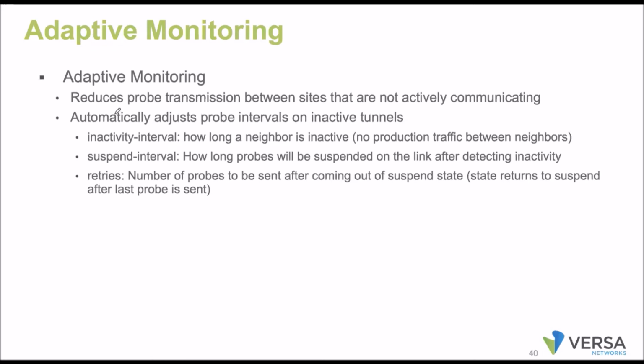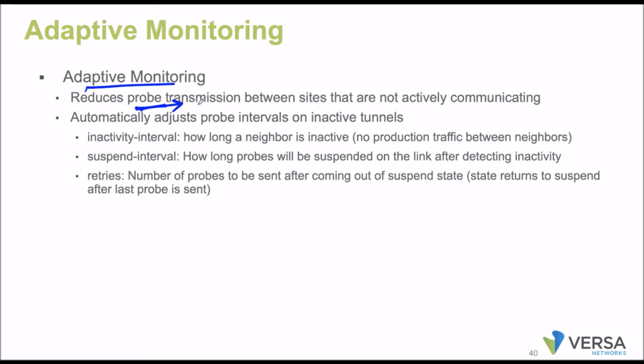So for each and every location, it starts doing the SLA probing. Now, for example, there is no active traffic at all between the branches, where the tunnel is up but there is no active traffic. By sending unnecessary probes, what is going to happen? There is bandwidth utilization on the WAN circuit.